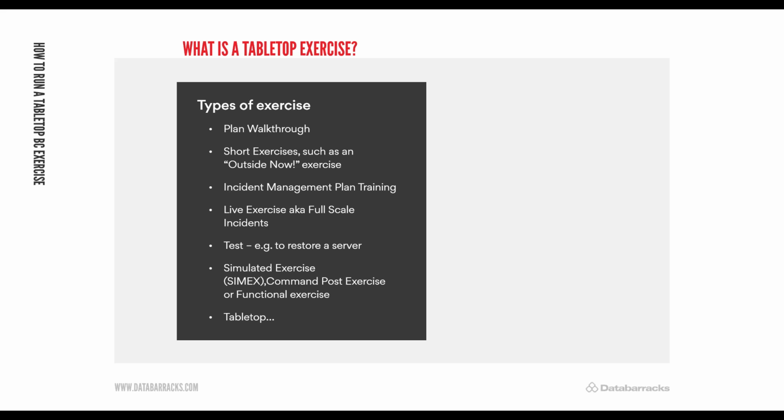So these are very much hands on the ground. You can also have a test. I've covered that, and that's the sort of the pass or fail, yes or no outcome. And then finally, you can then talk about a thing called a simulated exercise, which is another complex exercise that